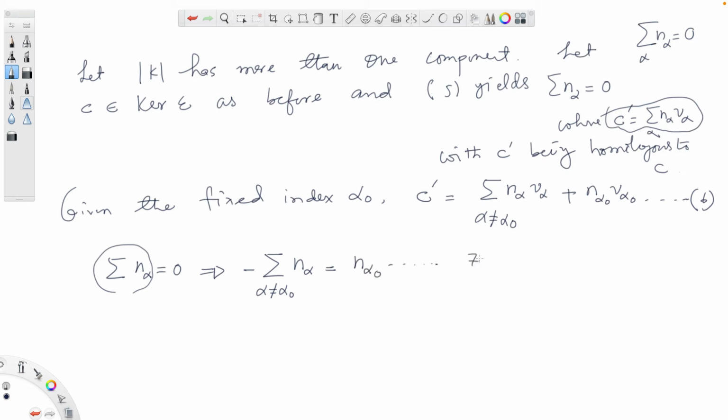That is our equation number 7. Now substituting 7 into 6, one obtains C prime is equal to the sum of all the n alpha V alpha, where alpha is not equal to alpha 0, minus